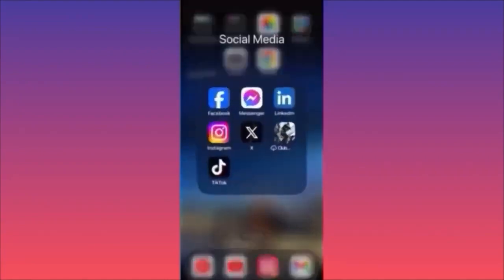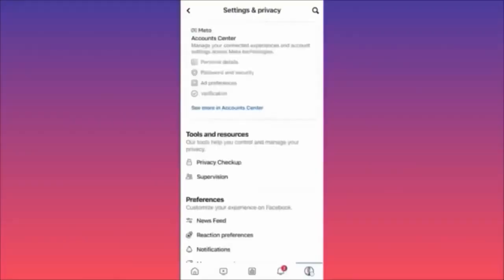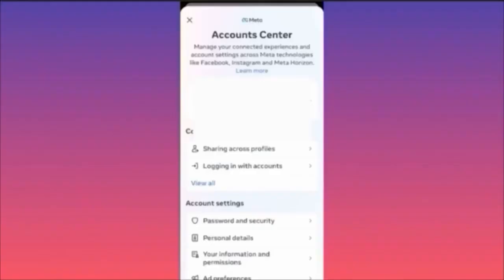Launch the Facebook app first. Then I want you to click on the lower right corner at your profile picture. Then I want you to click on the top right corner at the gear icon. When you're at your settings and privacy menu, I want you to click on the first menu, which is Account Center. When you're at Account Center, I want you to click on the Account Settings menu, the option number 2,